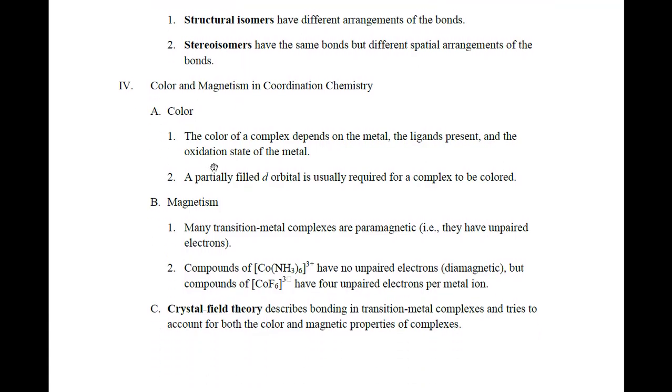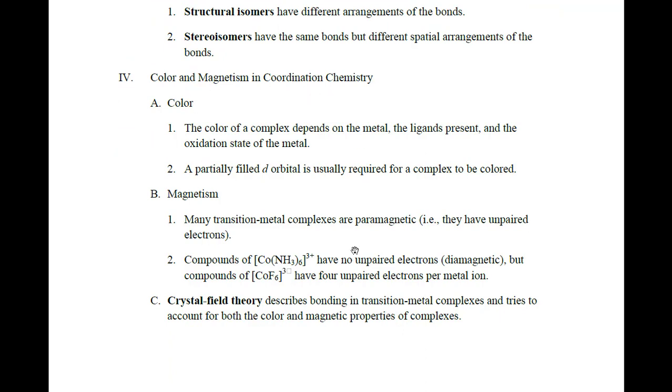All right. The last section then, color and magnetism in coordination chemistry. One of the coolest things about coordination chemistry are the colors. And when we do a lab experiment involving the synthesis of a coordination compound, you're going to see how the colors change from the metal the way it is originally versus whenever you put a different ligand into it, how it changes color. Because a lot of the colors are really beautiful colors on the transition metal complexes. So coordination chemistry is just fun from a synthetic point of view, one, just because you get to see the colors. And then we'll come back to magnetism, which we talked about in 105 also in the General Chem 1.